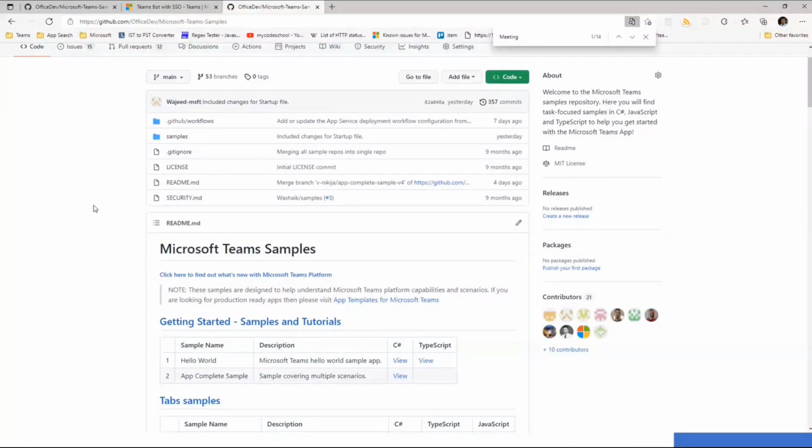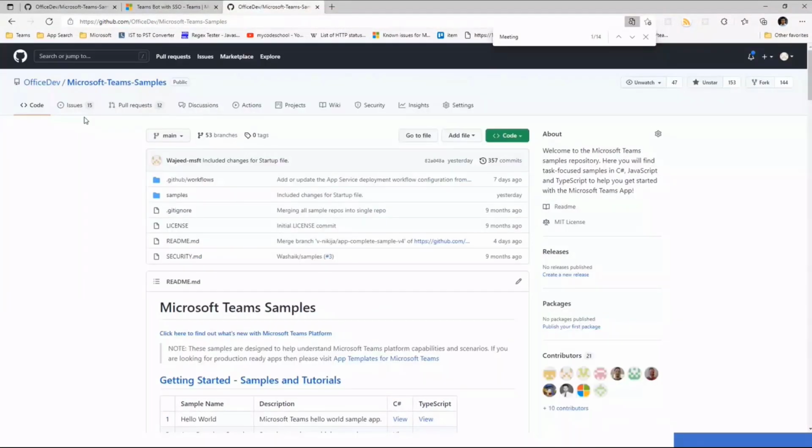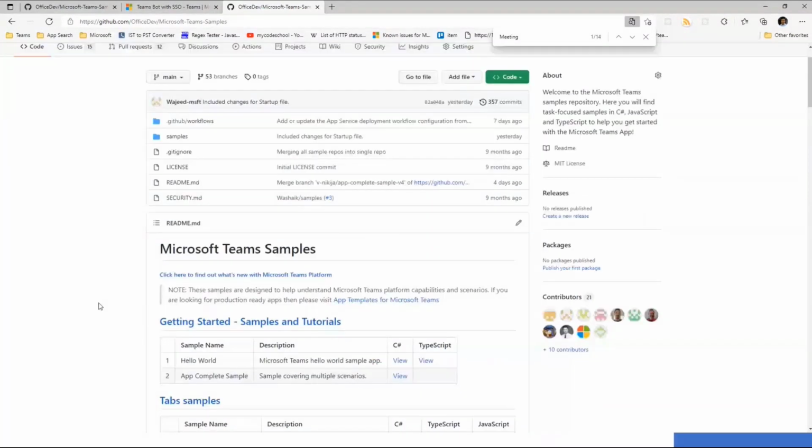Excellent. And just to properly set expectations, are these open for contributions, or are these from the product engineering teams? These are under Office Dev and managed by a product engineering team. Most of the community contribution is happening on the PnP repo, and that's where we recommend going, because we put all these links in the documentation and make sure they are updated whenever something changes in the platform. Excellent. So we'll make sure that we're setting the right expectations with everyone.